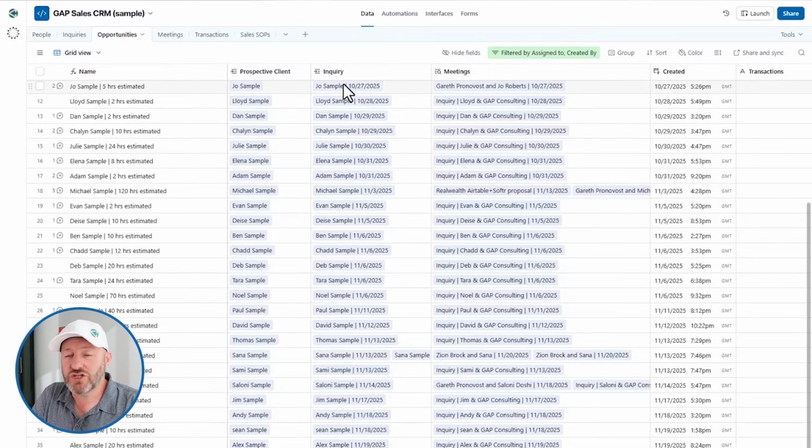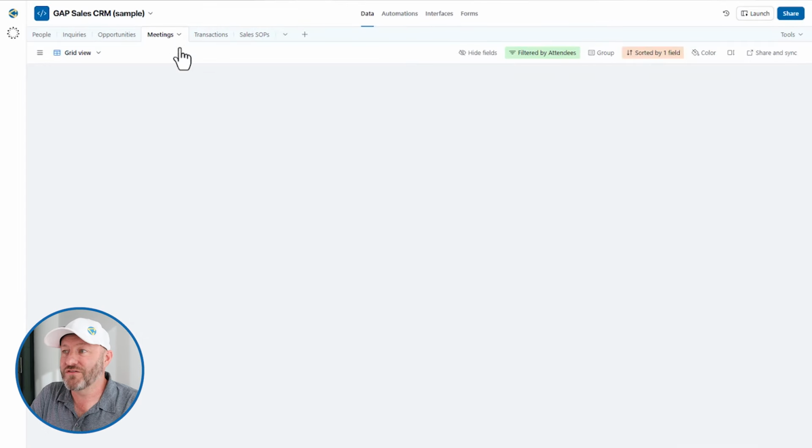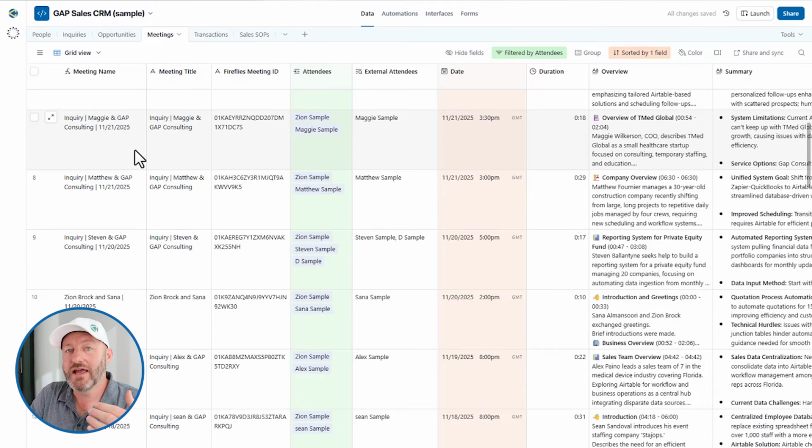Of course, that's linking to the inquiry because the inquiry record is where we triggered the creation of the opportunity. So now we have an opportunity record based on or linked to the inquiry. And the fun part is all of that information is getting added here in the meetings. So we have a meetings table as well, and this is where the next tool comes into play, and that's